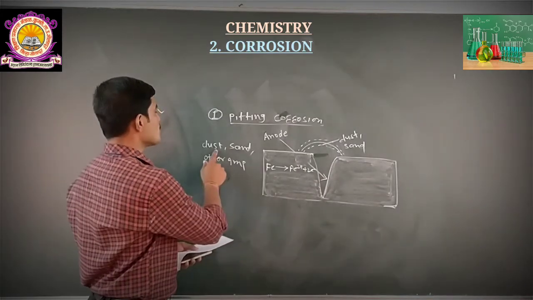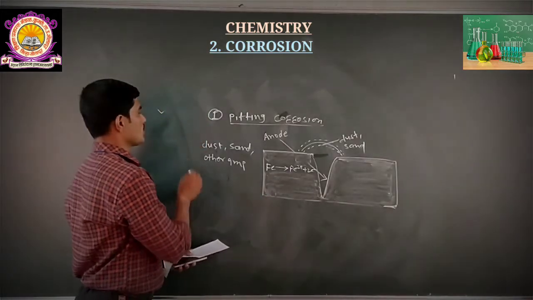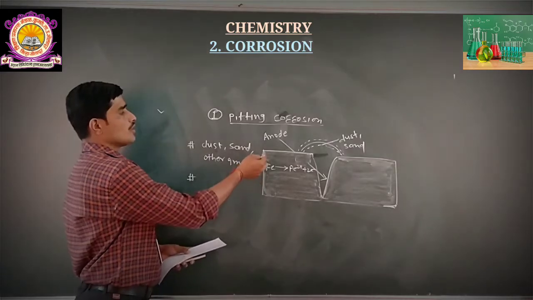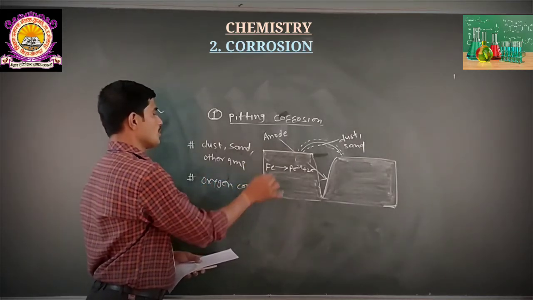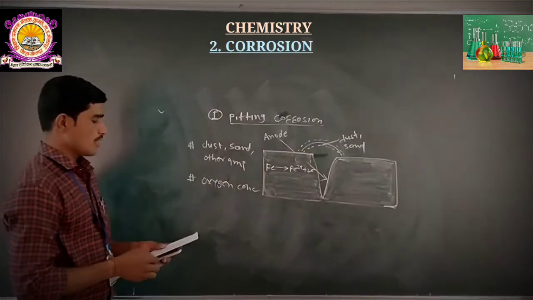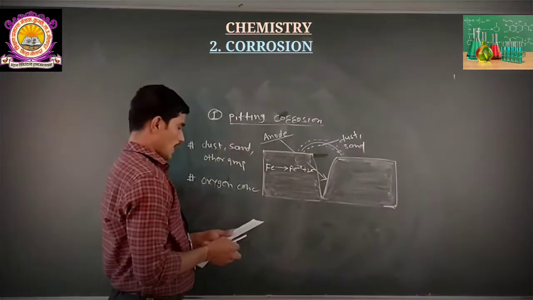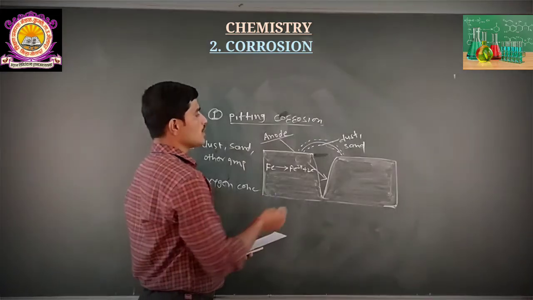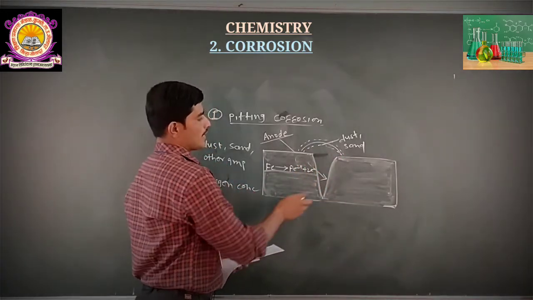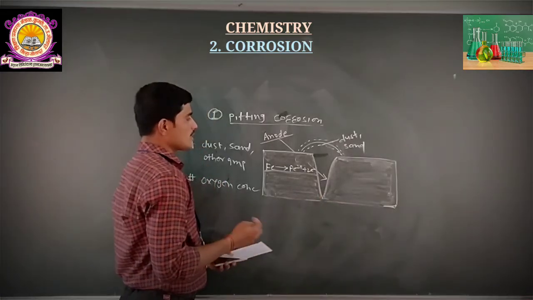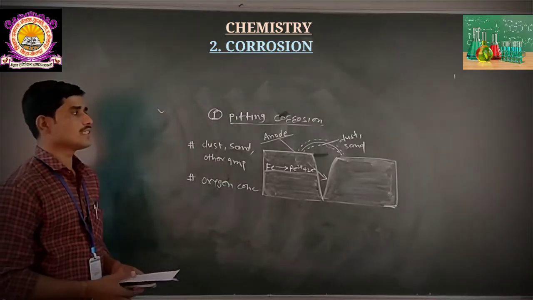Due to the presence of that dust, sand or other impurities, they have different air or oxygen concentration. Means that wherever we observe dust, sand and other impurities on the surface of the metal, the oxygen concentration will be observed in a different manner. Hence, some part of that metal will be made an anode and the remaining part is made a cathode. At that time, what happened? Resulting from these phenomena, we observe pits. We observe a pit in this metal, and I am going to represent it in this way. In simple terms, this one is a cavity. We observe a cavity in that metal, and this is observed